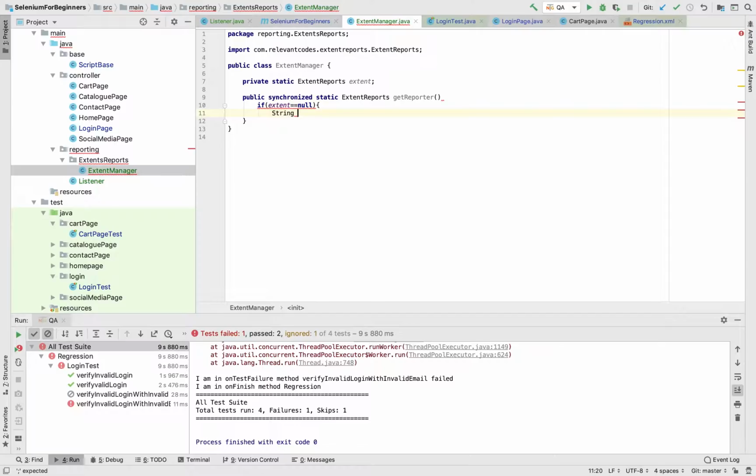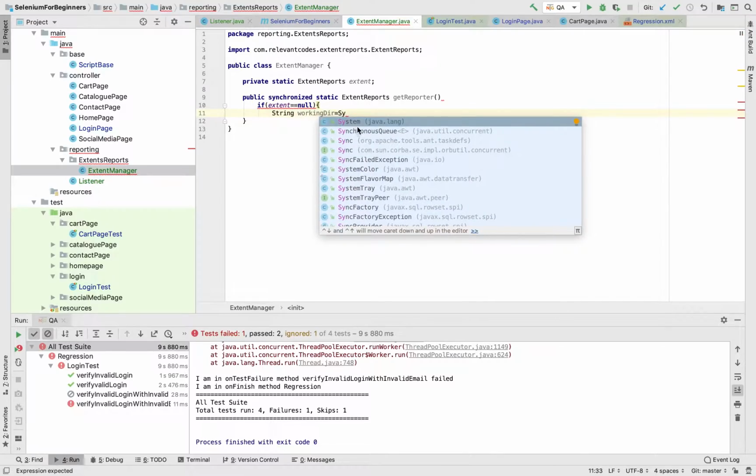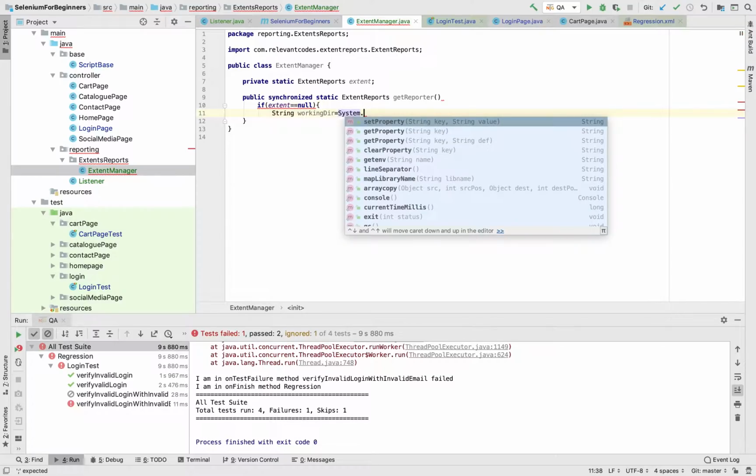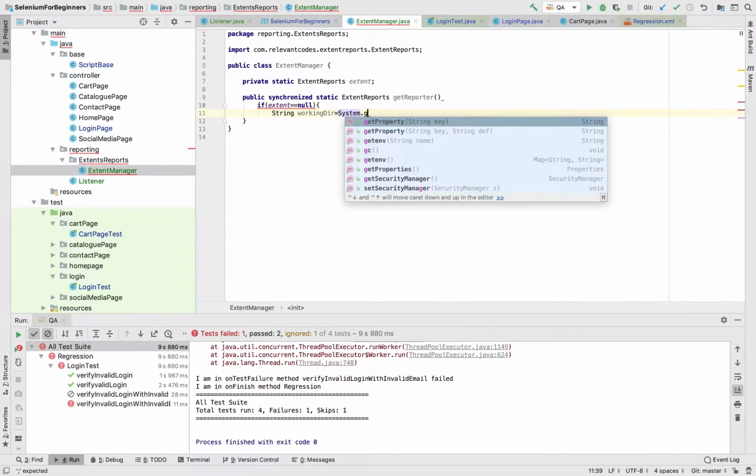So we're gonna give the working directory path, System dot getProperty,